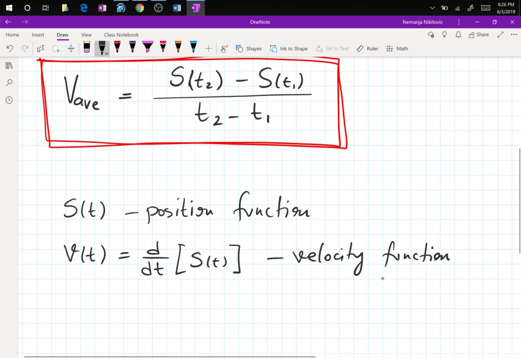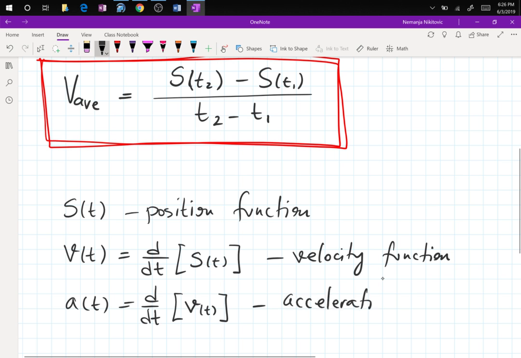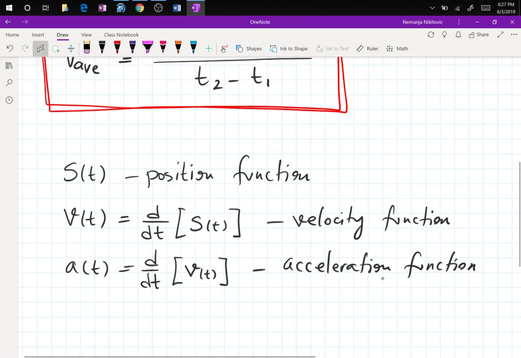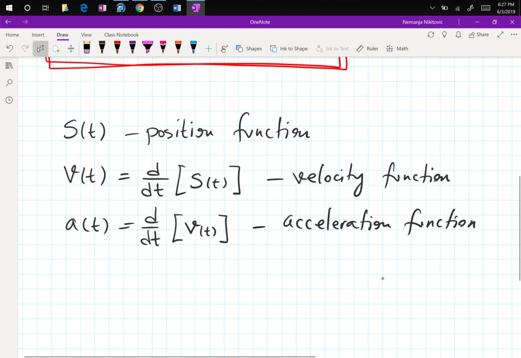After velocity, if we differentiate one more time, we will get the acceleration function, a of t. So that's the derivative of velocity. And if you were ever confused by this, we can use our calculus language of change to understand this entire